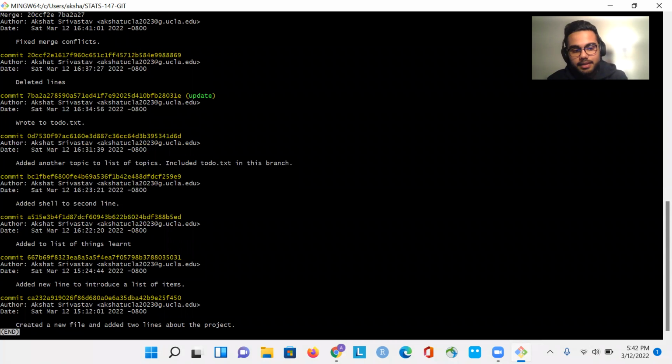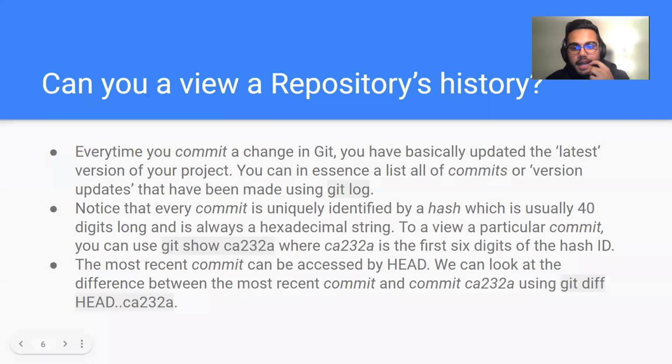Notice that every commit has some information about it. It says this is a commit, and this is called a hash. A hash is essentially 40 digits long, a hexadecimal string, and it uniquely identifies every commit that you make. You can also look at the difference or the changes that have been made from one commit to another. The most recent commit that you've made can be accessed through a shortcut called head. So if you want to look at the difference between the most recent commit and a certain commit, let's say one that starts with C232A, you can use the git